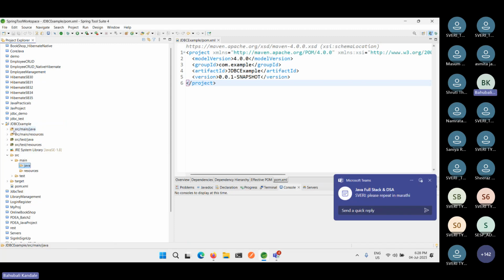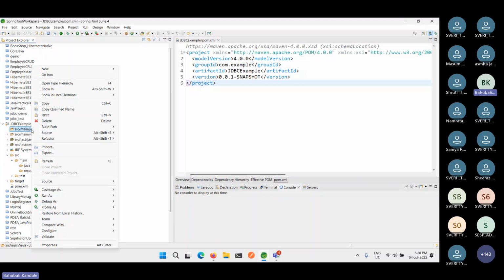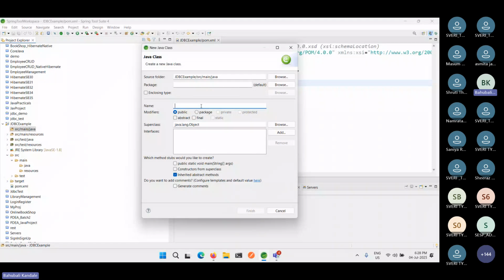So within the java folder, new, class file. And which class file am I going to write? It's JDBC demo. And we use a database,